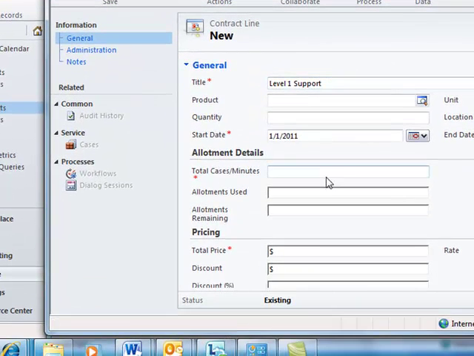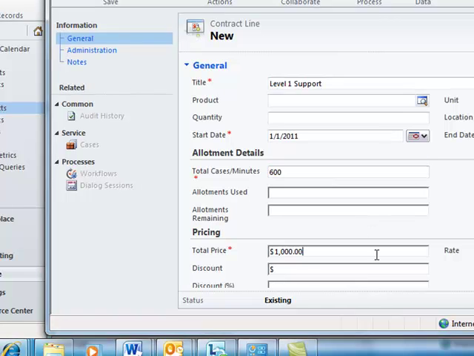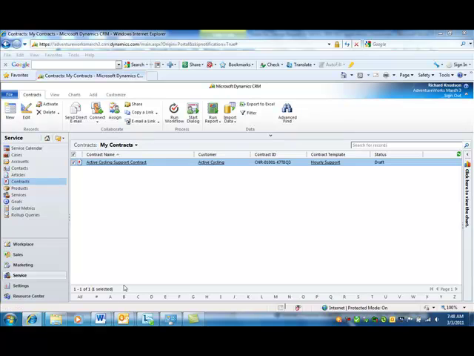And what I need to do is specify how many minutes, since this is a time-based template. I'll suppose this is say 600 minutes, 10 hours, and let's suppose they're getting the price of 1,000, effectively $100 an hour for this. And if I then save that,